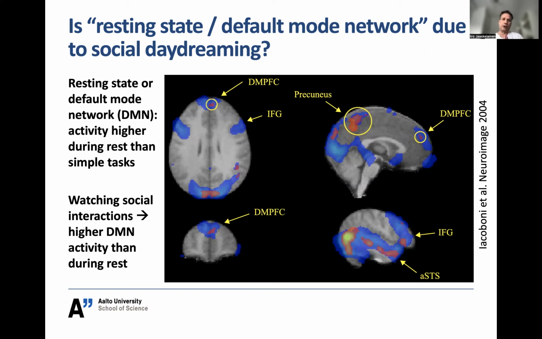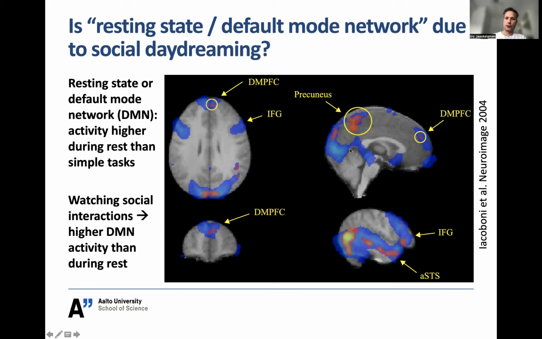There is this so-called resting state or default mode network in the brain, and why is it called the resting state network? It's because it shows higher activity during rest than simple tasks. And early on, this amazed scientists. Okay, so the subject is in the fMRI scanner and is resting between these simple tasks. And then they looked at functional connectivity and activity in the brain, and they found that there are these specific